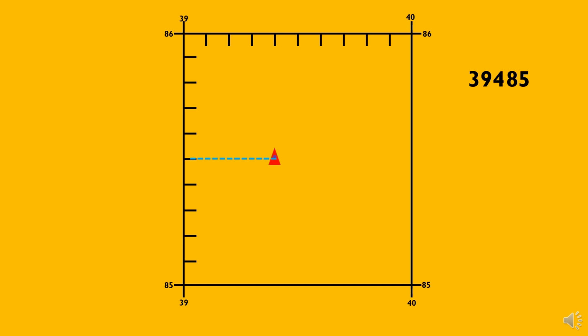The fifth marker is lined up with the major trigonometrical station. Therefore, our sixth and final figure is 5. Therefore, the six-figure grid reference for the major trigonometrical station is 394855. Please bear in mind that when writing the grid reference, whether 4 or 6 figures, do not separate the